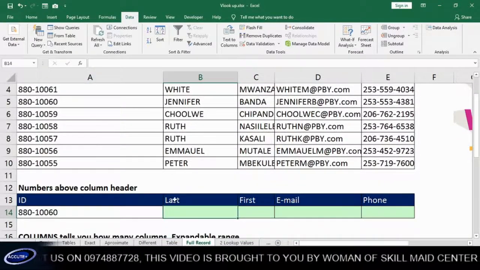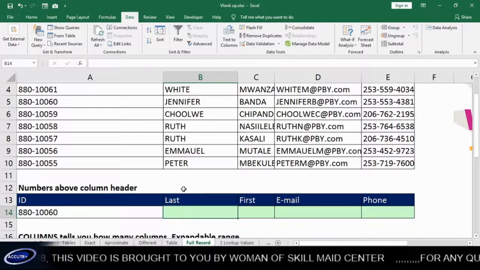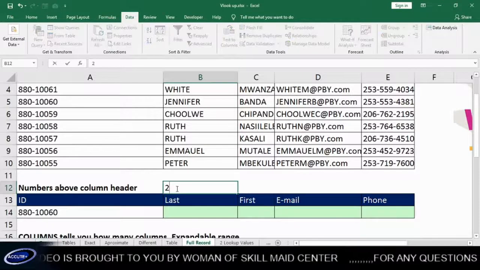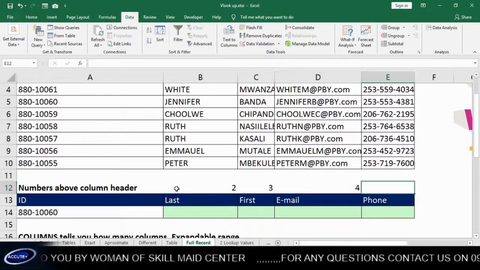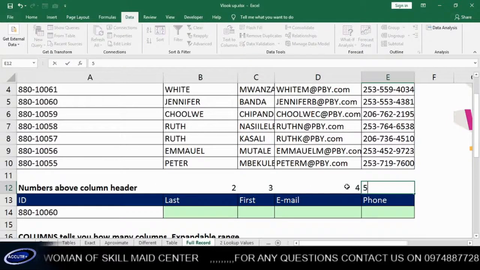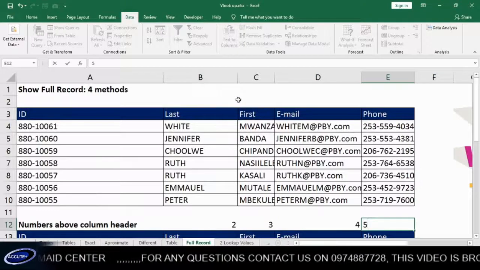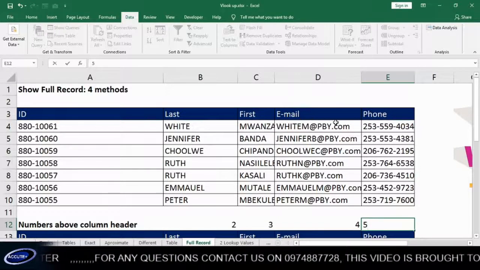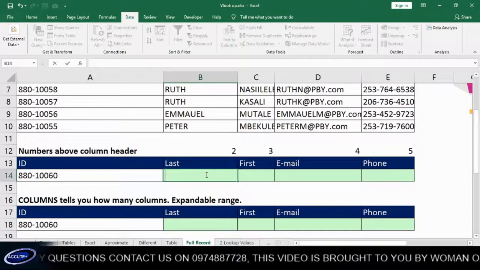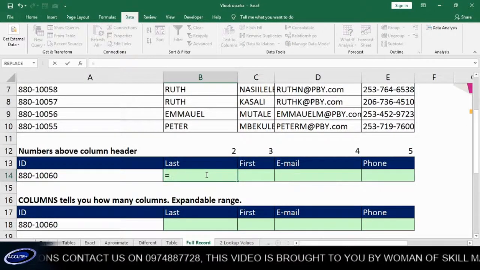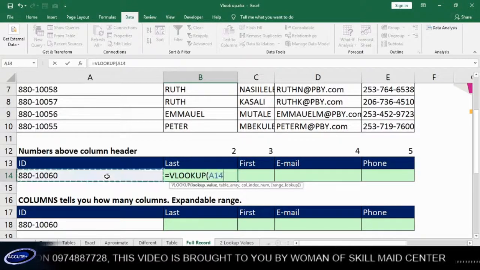In this case, there's a part where I need to select the column. I can give the column numbers, which are just 2, 3, 4, 5, because last name is in column 2, the first is in column 3, just like that. So we'll say equals VLOOKUP, and our lookup value is that,